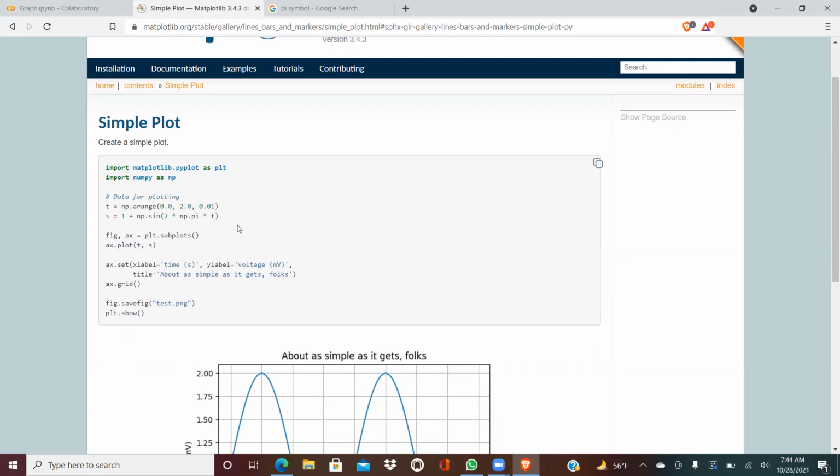So here, based on the t value, it will find out what. Do you remember trigonometry? Sine, cos, even if you remember a little bit. Sine is one function, sine theta. To perform mathematical operations in Python, we have to use NumPy. Import NumPy, create an alias name np, and inside NumPy there are functions like sine theta, cos theta. So you are using sine here, and you are performing the operation 2 into pi.